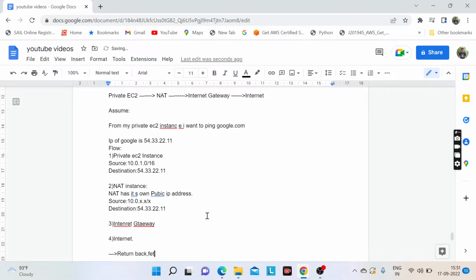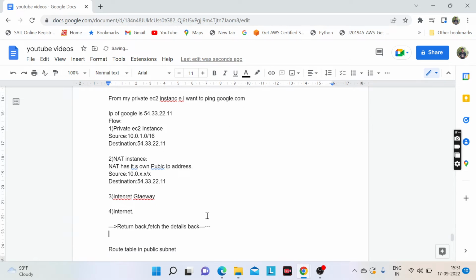Fetch the details back. Okay, now from the internet, it will again, let's assume that this is 10 dot, from the internet, again the first one is internet, the second one is, from the internet we have now the internet gateway, and then it will receive